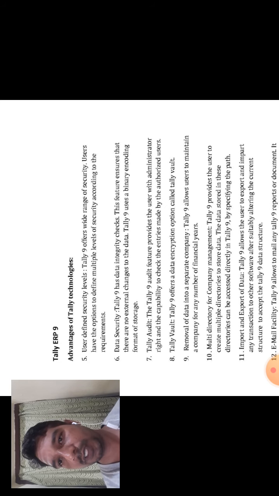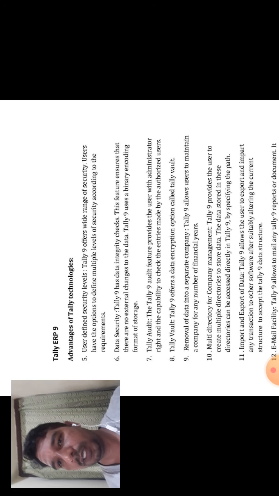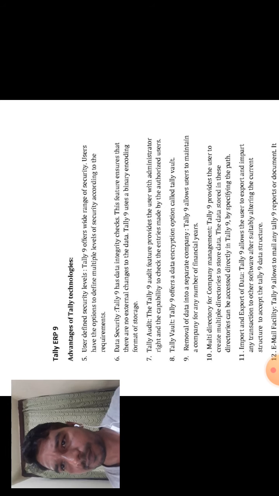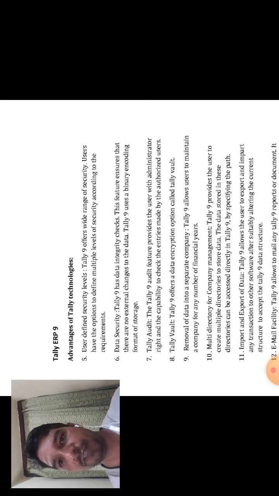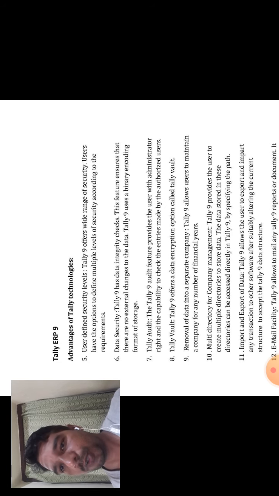Users have the option to define multiple levels of security according to requirements. The sixth one is data security. Tally 9 has data integrity checks. This feature ensures that there are no unauthorized changes to the data. Tally 9 uses binary encoding format, binary meaning 0 and 1 digits.